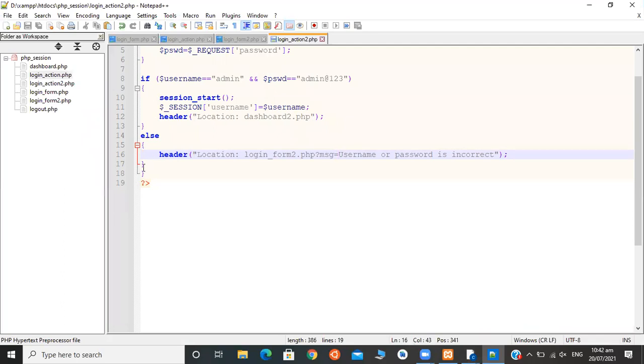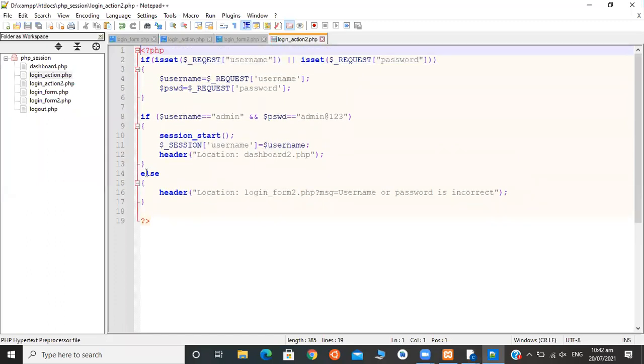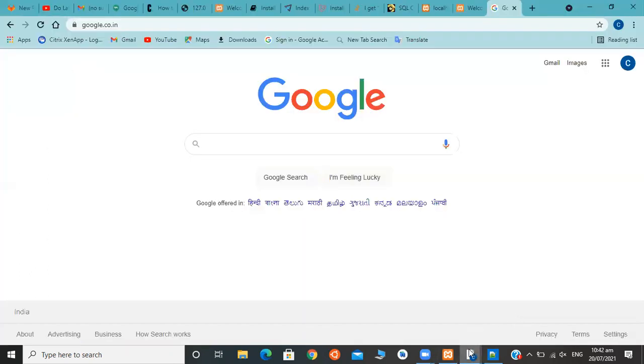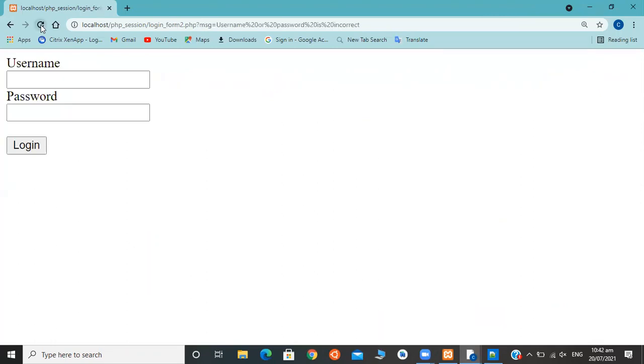Okay, this we don't need. Save it. Click on the browser. So in the URL, you can see localhost php session login_form2.php message equals username or password is incorrect. This is the URL we are getting here when we don't type anything.